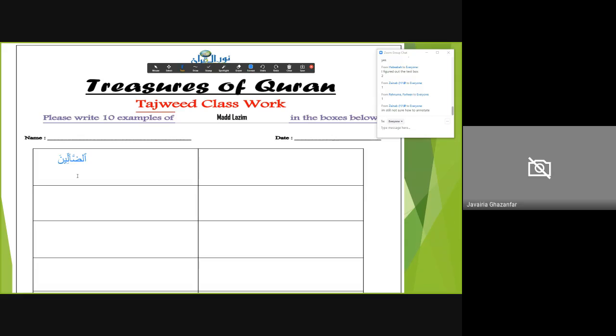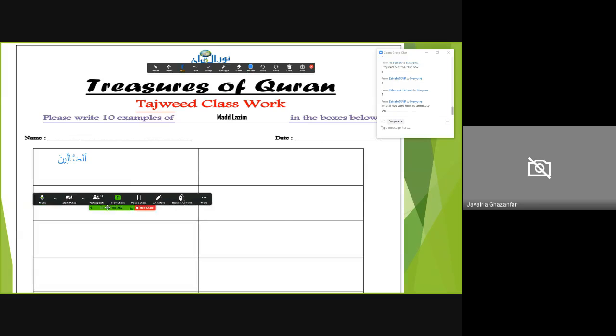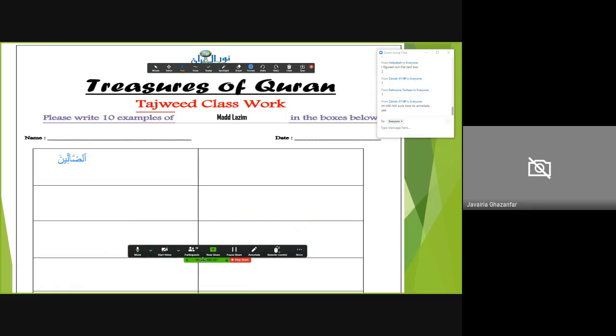Okay, I'm still not sure how to annotate. So Zainab, you see this green button like this when you are in this meeting. And once you see this button, you have this option. Can you focus where my mouse is? Yes, alhamdulillah. So you see this button, when you press this, then the annotate option comes on top. Okay, and you don't have to type everything. You can unmute and you can talk with me. So it's easier for us to work together, inshallah.